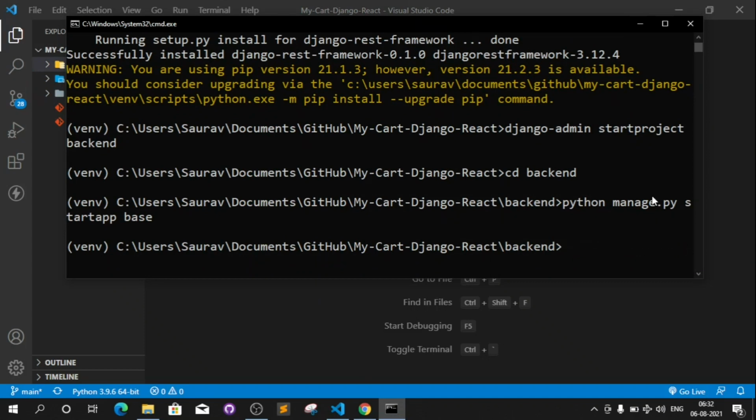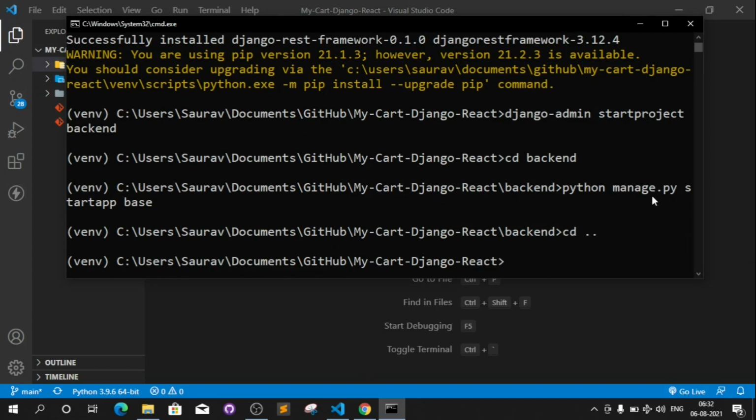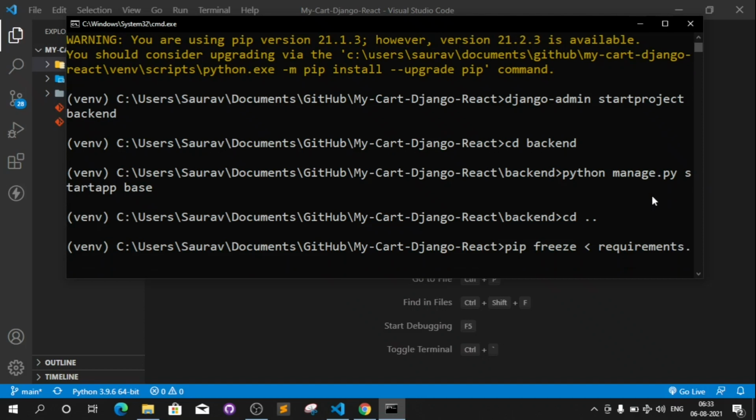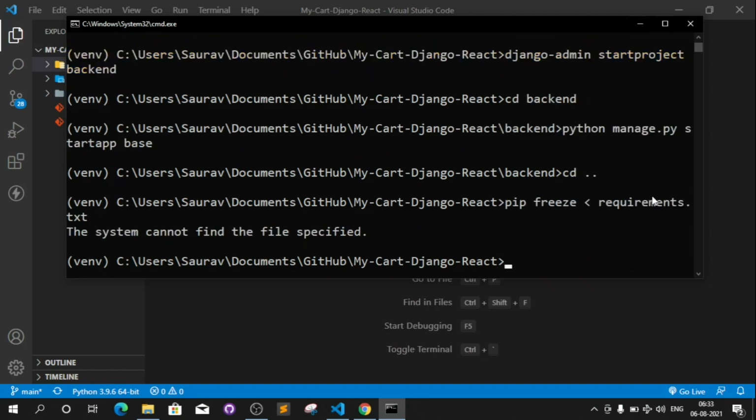Let's get out from this folder, and here we will be running that command. So pip freeze requirements.txt. So the system cannot find the file specified.